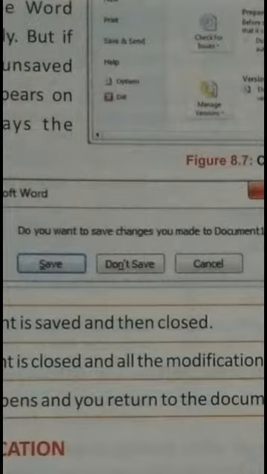If you click on save, it will ask you the name of the document, and if you don't want to save it, it will not save the document and the document will be closed. And cancel is for cancelling the close option.